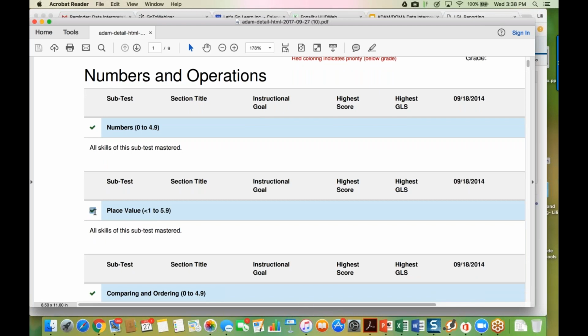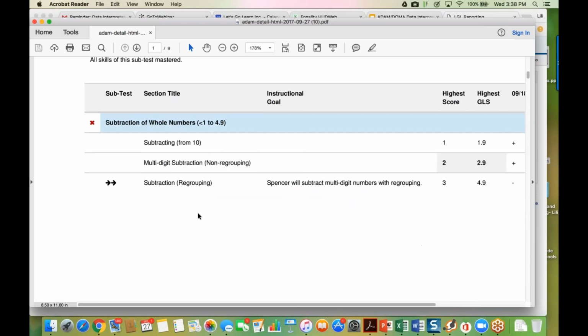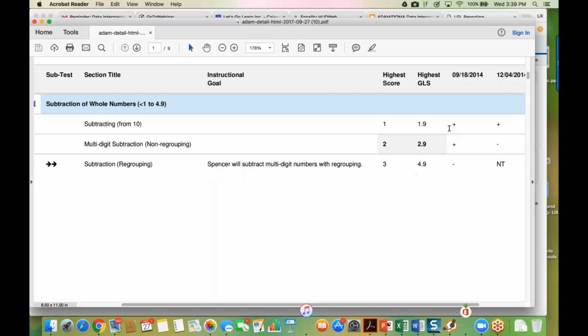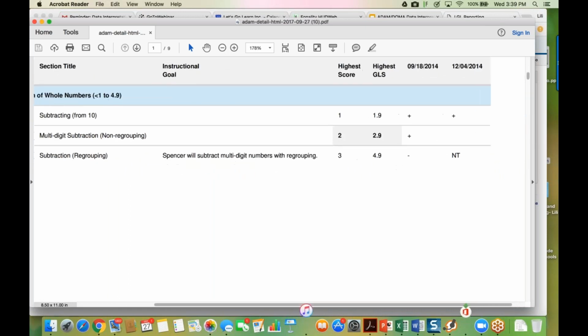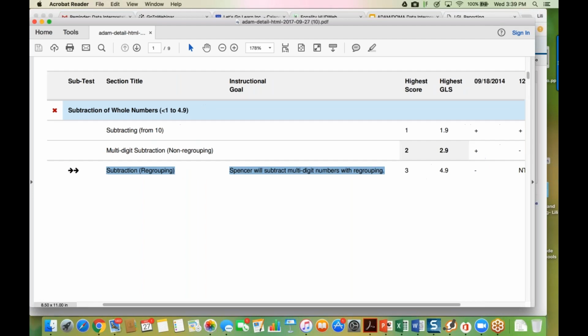Number sense was on or above grade level, check, check, check, and then I scroll down and I see an X. So he's behind on subtraction of whole numbers, and if I scroll to the right, you see that the student missed a couple of these, so it'll basically tell you, based on the last assessment, what the student is ready to learn. So this student is ready to subtract multi-digit numbers with regrouping